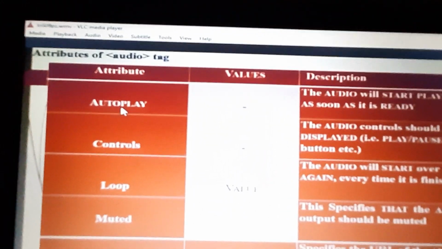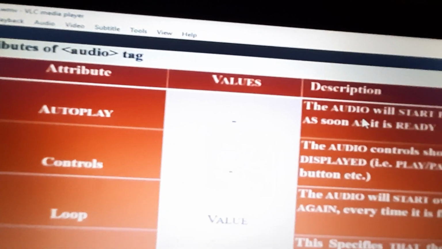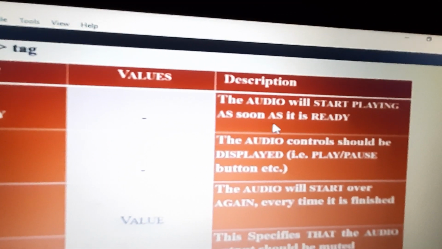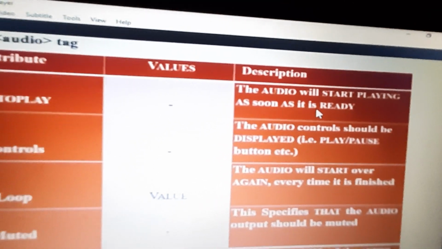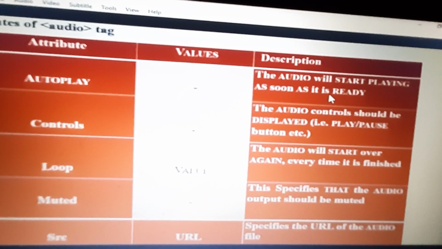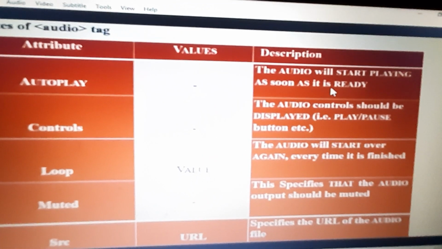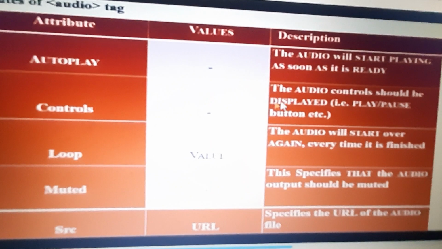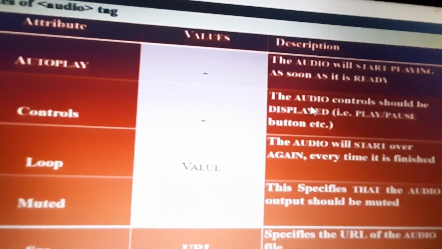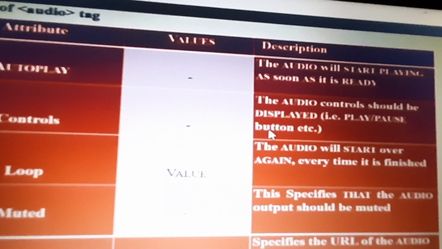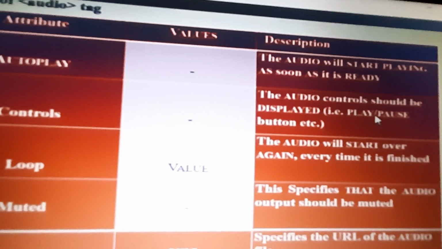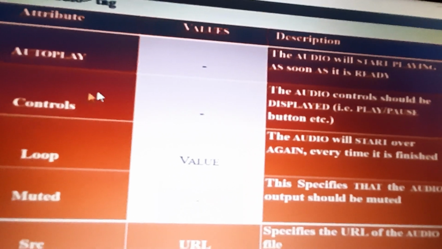First attribute is autoplay. In autoplay the audio will start playing as soon as it is ready. When audio is inserted, it will automatically start to play. Next one is controls. With controls, the audio controls should be displayed, that is the play and pause button available with the control.